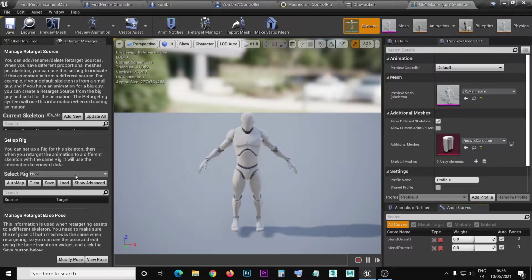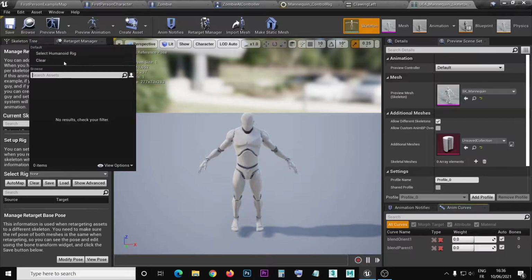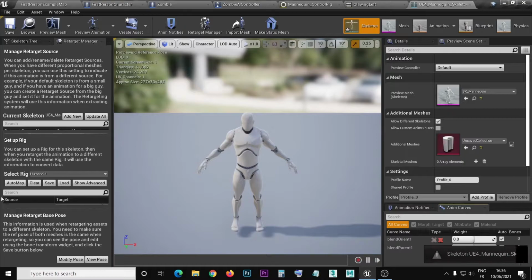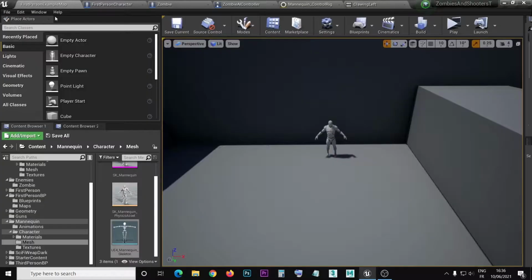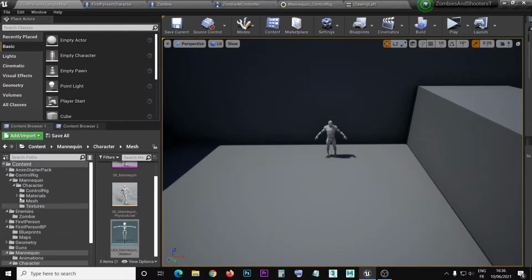So setup rig. You see here I used the French word here. Here in the tab Retarget Manager, you just have to click in the setup rig section. You just have to open the menu and select humanoid rig. This is the interface, of course, for the retargeting. You save your skeleton of your zombie,